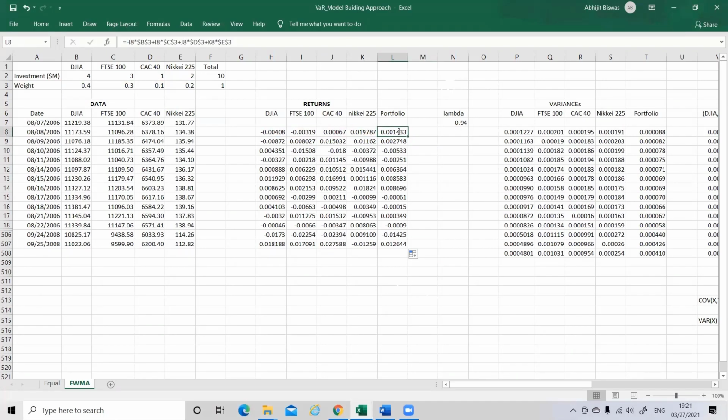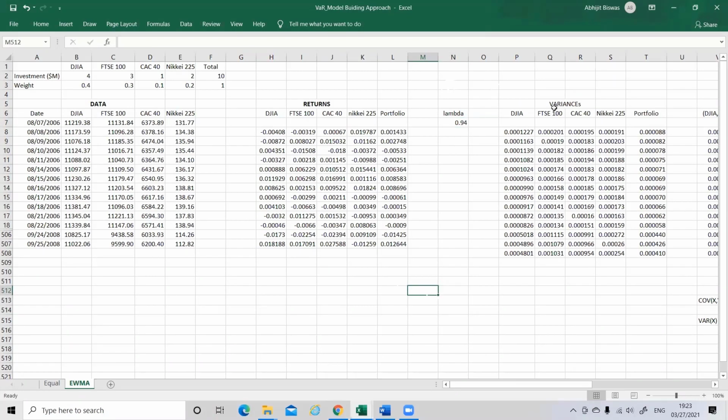Okay, do the formula once again. N8, I think, no, N7. In N7, you type 0.94. That is lambda is equal to 0.94. This is again a given number. We are following JP Morgan's RiskMetrics model. If you recall, initially we learned this, right? While designing the volatility models, JP Morgan's RiskMetrics model.